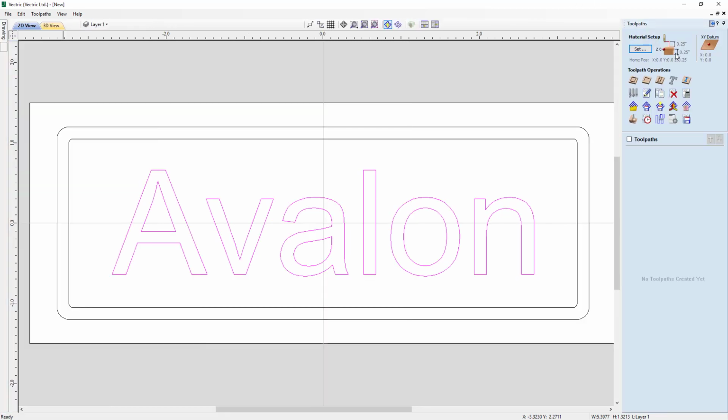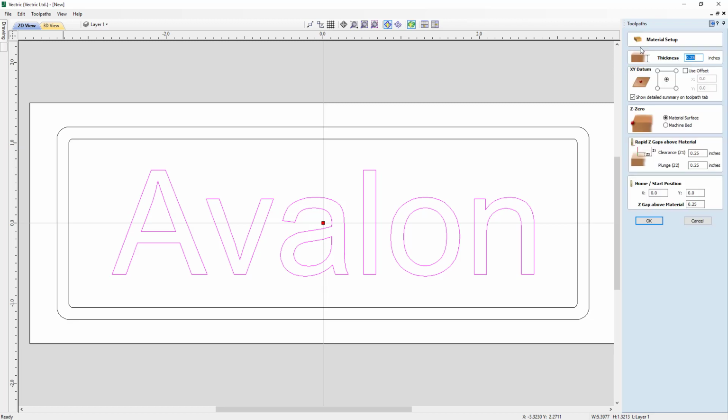Now it's always important to check your material setup before you start creating any tooling. So let's just go ahead and do that. We'll click the Set button. Now these are all the options for our material setup. It's important that you check these to make sure that they're appropriate for your machine and the job you're about to cut. The thickness of material was brought over from when we first originally set up our job, which is accurate. Our XY datum, now like I mentioned before, we used it in the center to set up our